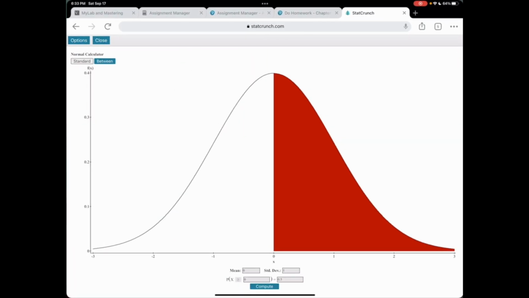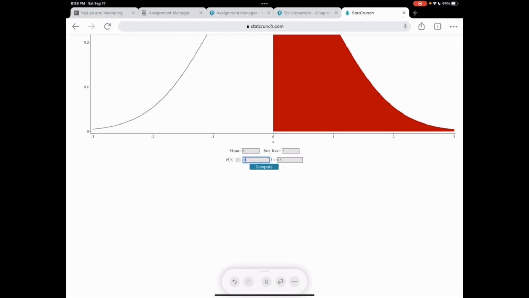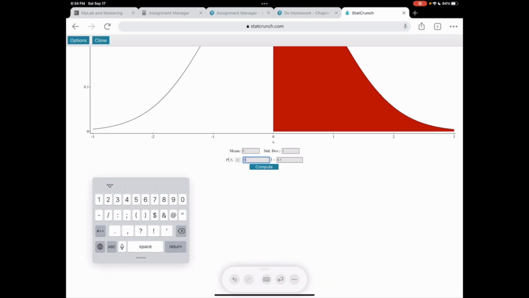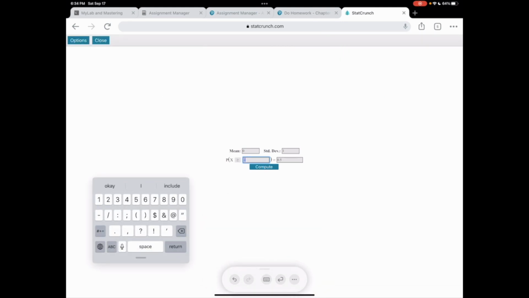All right. So we're going to select a greater than or equal to because we want to go to the right. And then we're going to type in, hopefully, on the keyboard, a negative 1.25. Okay, then we're going to hit compute,